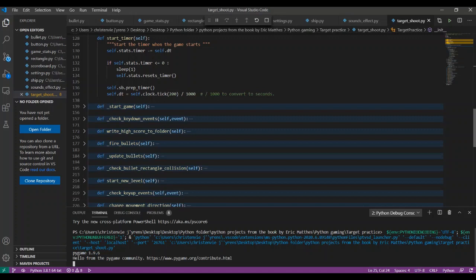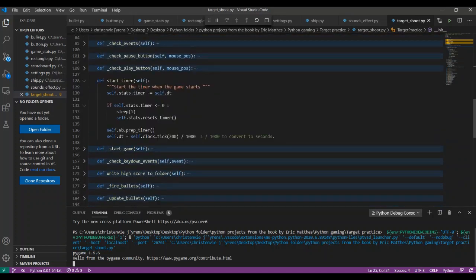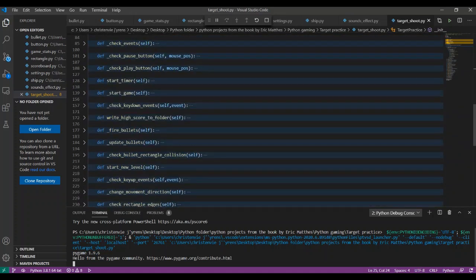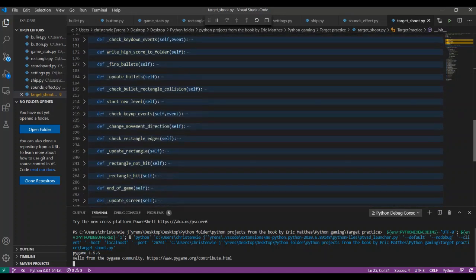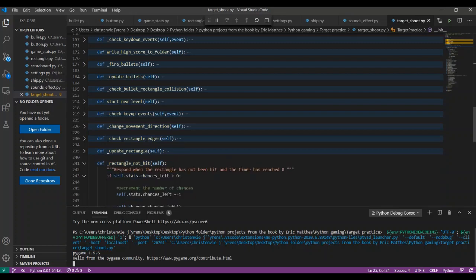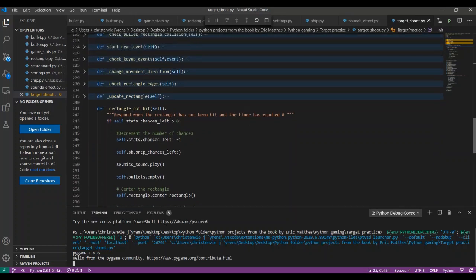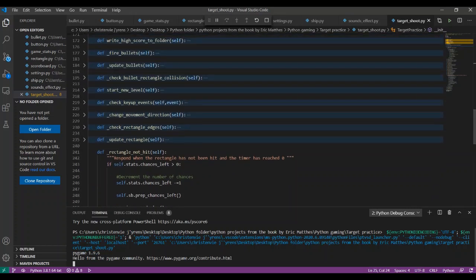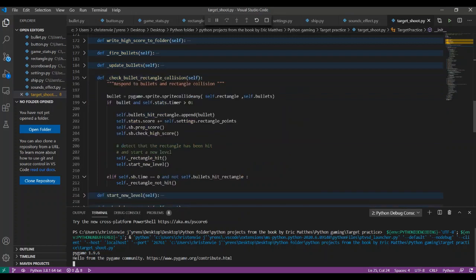So we added a starter timer function, and we added a miss as well. So where a rectangle, if a rectangle has not been hit, so we have a rectangle not hit. First, where is the rectangle not check a bullet and alien collision. Good. Where we are checking the collision. So first we have to store. Yeah, this is what I think we did. We created